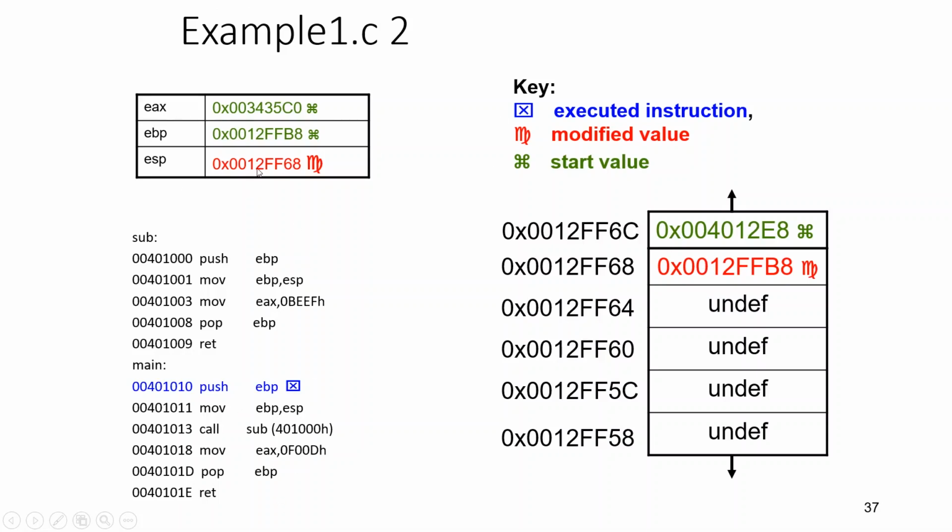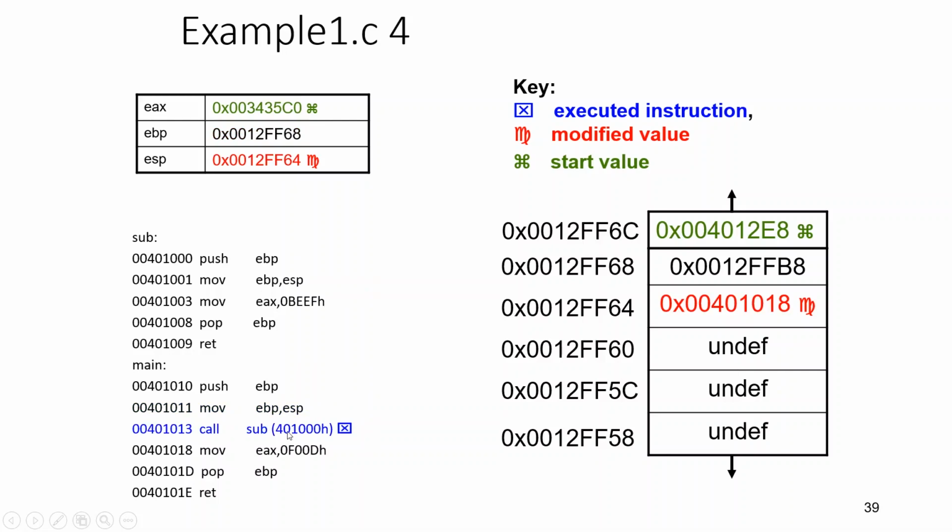Now move EBP, ESP. Take the ESP value and copy it into EBP. Now EBP gets changed to 12ff68. Nothing changes on the stack, we are just copying the value. Now we are calling the function. Before calling the function, we are saving the address of the next instruction to be executed in main, that is 401018, onto the stack, and then